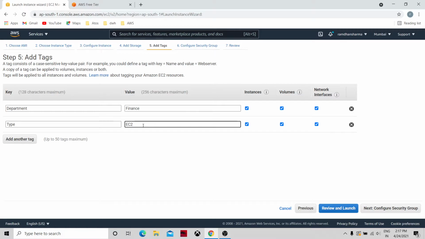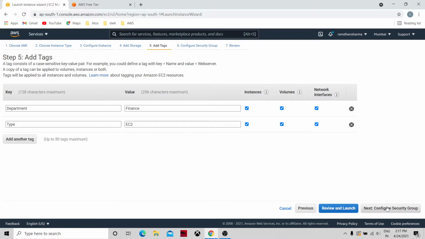So two tags I can provide. Then we can search using the key department. If I search here in my account, this instance will be visible to me. To organize or categorize the resources within AWS, these tag key-value pairs are available. We can create as many tags as we need.